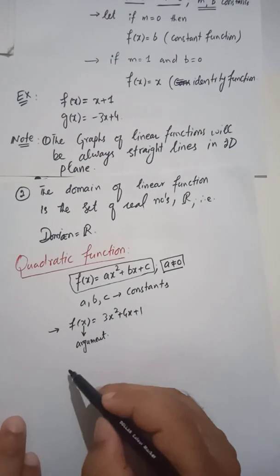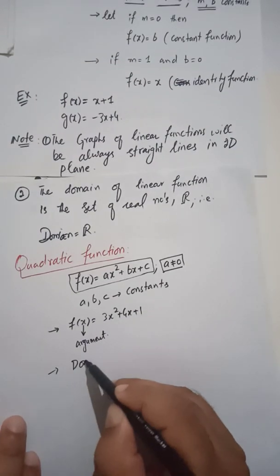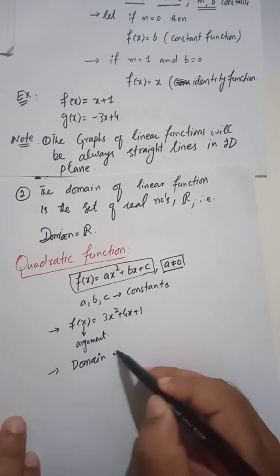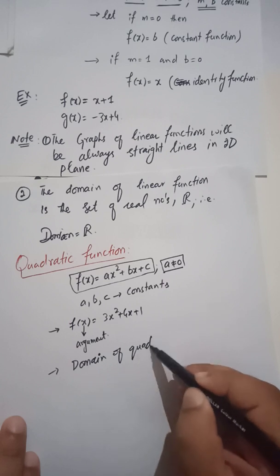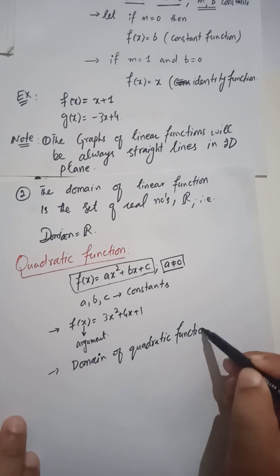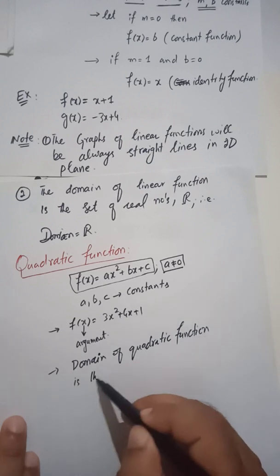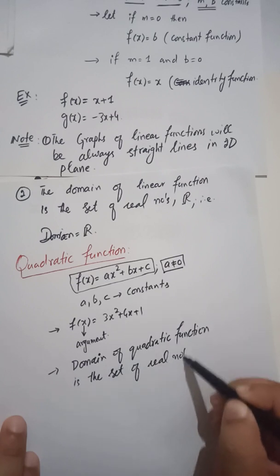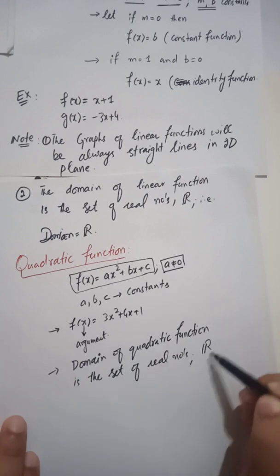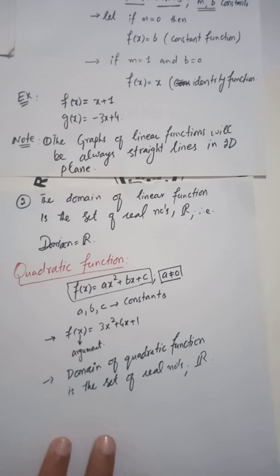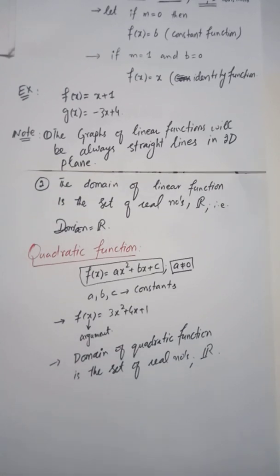So in this case, domain of quadratic function is the set of real numbers denoted by capital R. You need to remember these, because in most of the exams the examiner asks about the domain and range of the